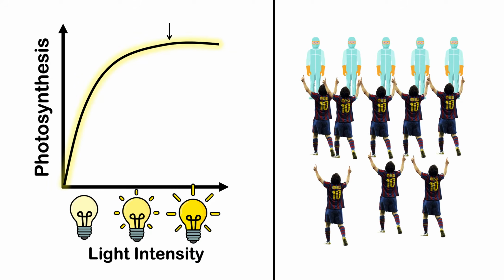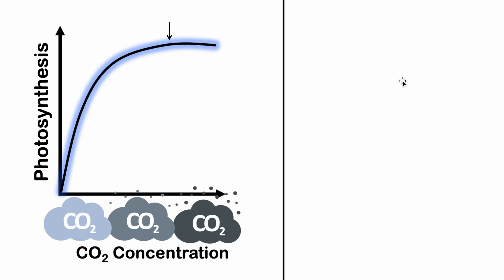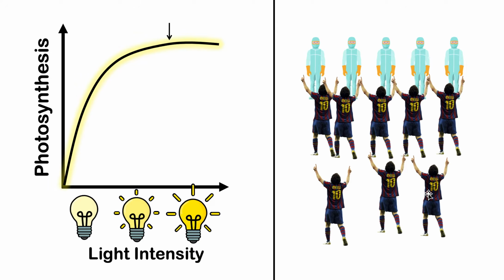So if we come here to the picture, we only have a certain amount of thylakoids. That means we can only absorb a certain amount of light. If we give it more light, if all the thylakoids are busy, then more light wouldn't help because all the thylakoids are already busy. Giving them more light will not make them go any faster, will not make them do photosynthesis any more. That's why the rate slows down.